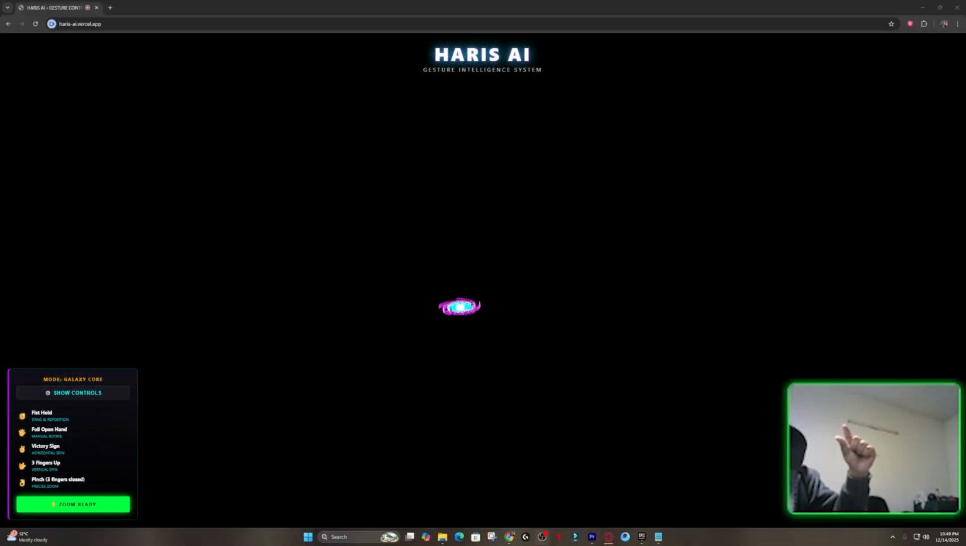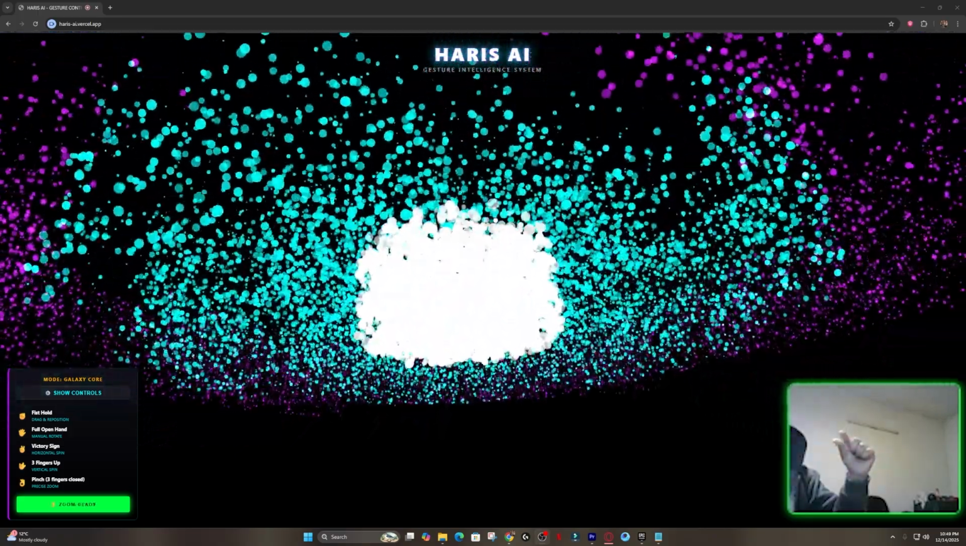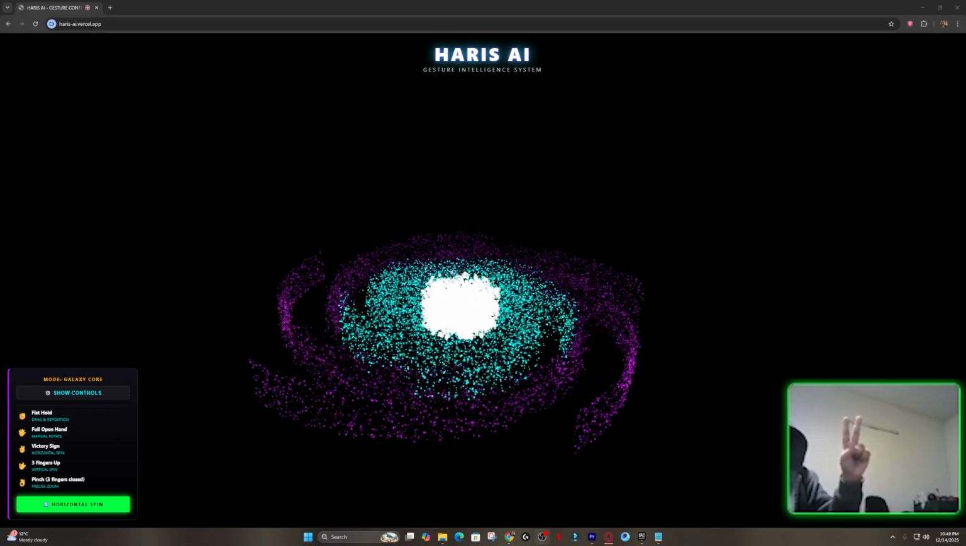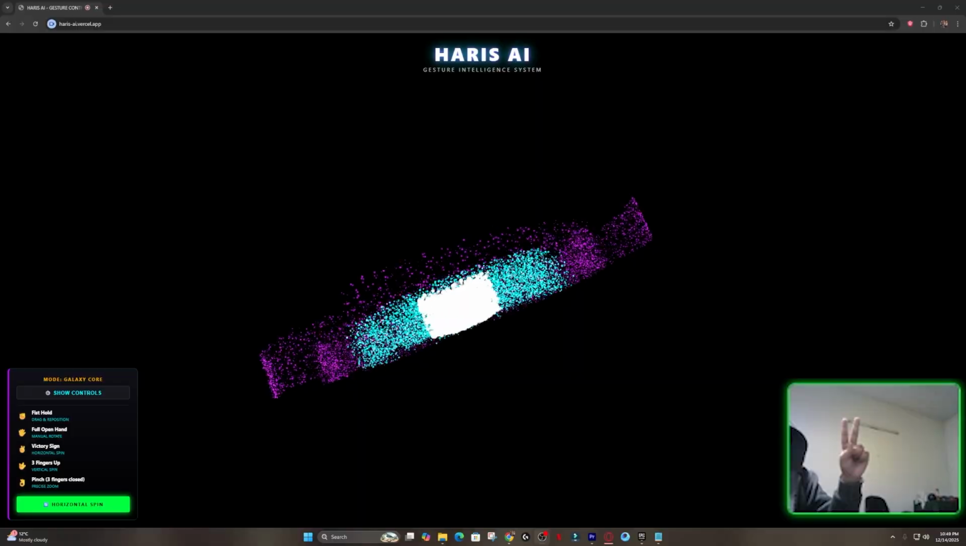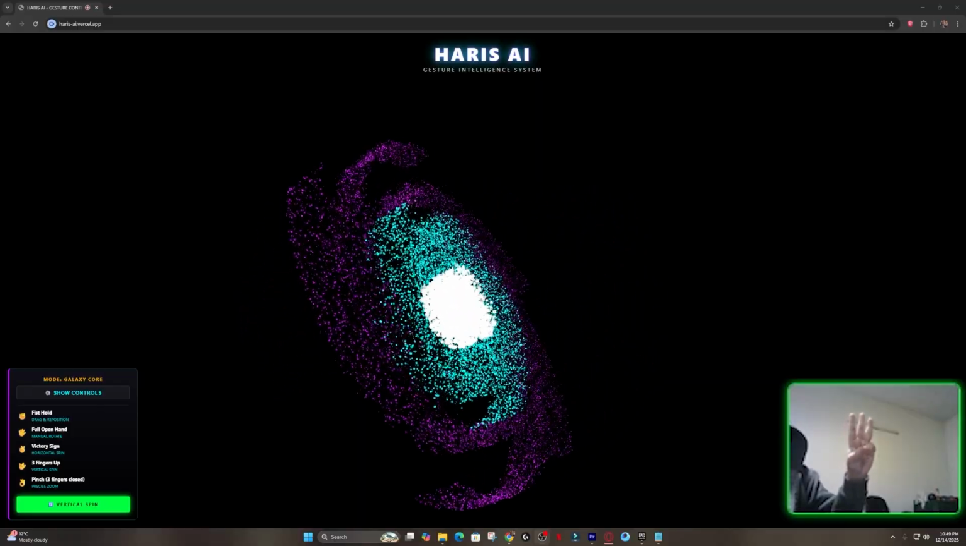Okay, and now if you want to rotate this object on the horizontal axis, then you simply have to show two fingers. As you can see, this object is spinning on the horizontal axis. Now if you want to spin the object on the vertical axis, then you simply have to show three fingers. As you can see here,